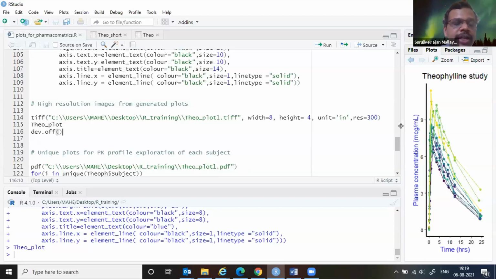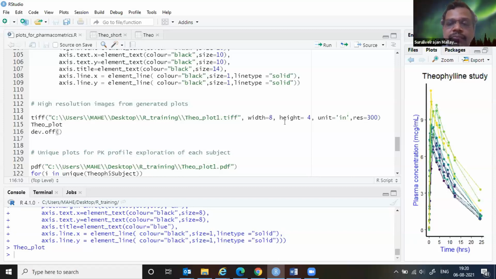I'll generate a TIFF, and then I have to tell the path, the specific place where I want to place this high resolution image. I'm also saying that if you actually print this plot at the size 4 and 4/8 inches, it will have a resolution of 300 pixels.